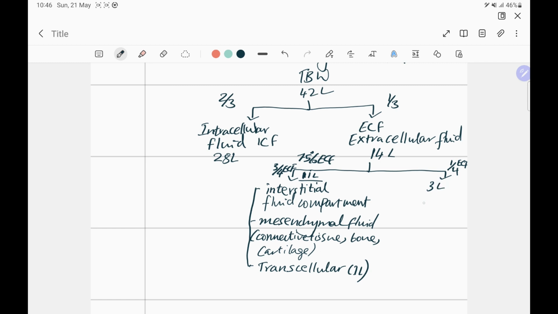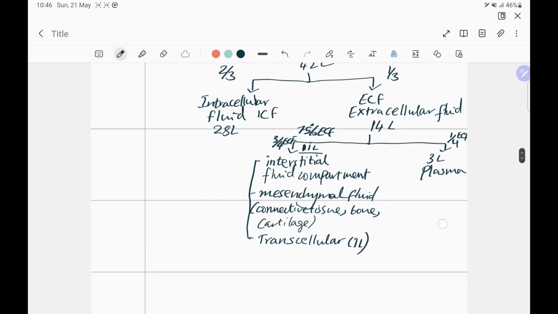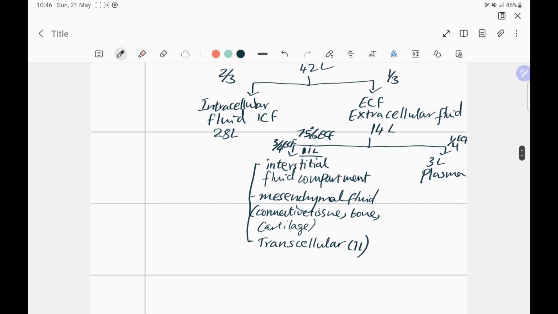So let's say 3 liters. This is your plasma. Now, how do we just make sense of all of this with a diagram? So imagine your vascular system. So you have blood vessels over here, and the blood vessels in the vascular tree have got cells inside them,